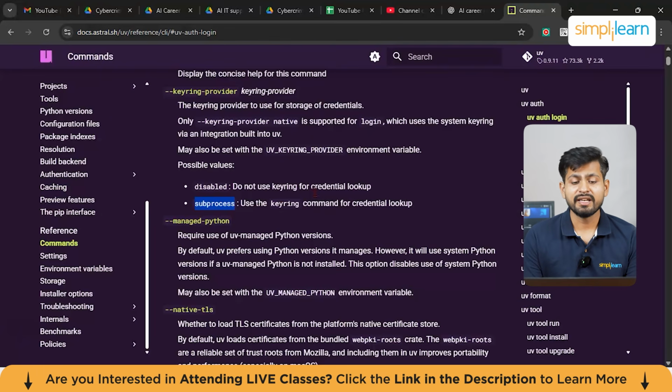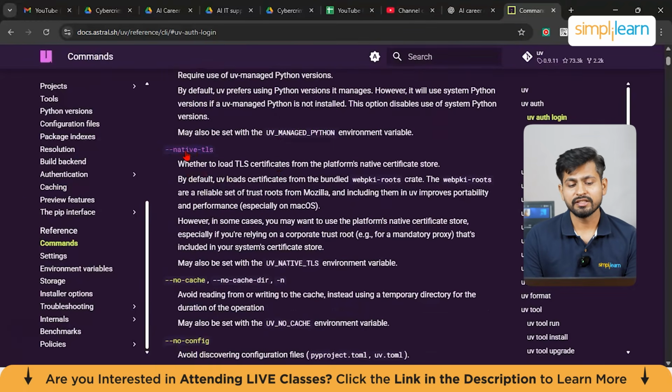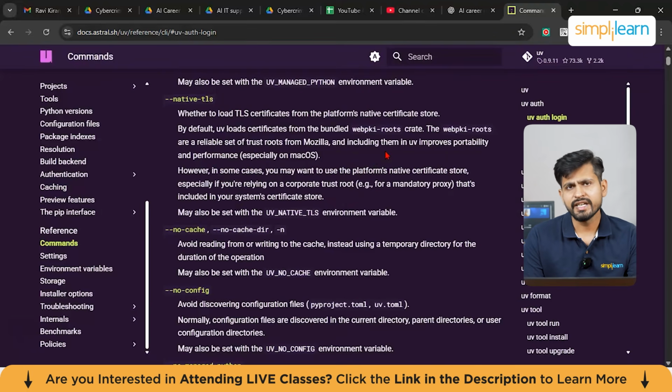So this is a pretty interesting option that I have. Next option, what you can see all over here is native TLS. Now let's take an example of a scenario. Let's say you're trying to load a TLS certificate from platforms which are native to the certificate store. And let's say your certificates are bundled in this form like web key, root, and also